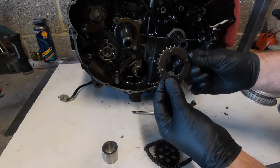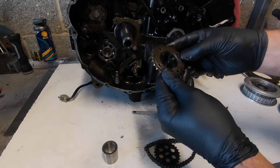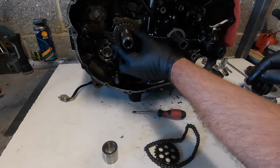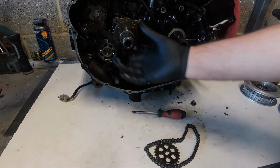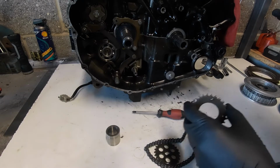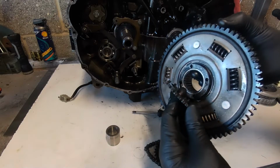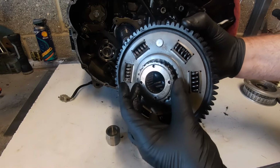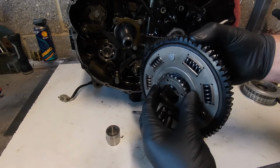So with that sprocket like that, okay, that does go up to there. It's too big on there at the minute because that spacer goes in and it sits like that. But how it's driven, we'll just look at the back. Okay, so that locates in the back of there. So when it's all assembled, we have to ensure that them pins